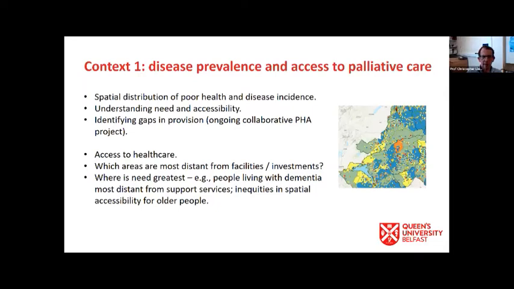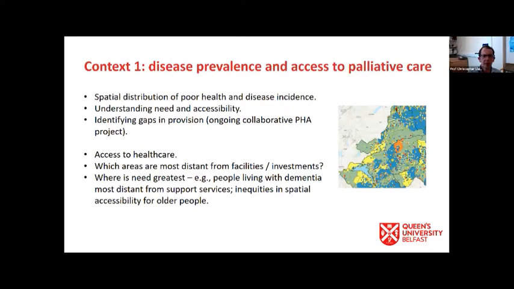So what we're interested in, first of all, is the spatial distribution of poor health. So in this particular case, where are people with particular health conditions? Are they geographically concentrated in particular areas? Are rates changing across time? As it was outlined in the introduction, I'm particularly interested in change through time. So it might be that rates of a particular condition are increasing, or, as I'll go on to discuss later on, the characteristics of the population more generally are changing. So you might have an aging population in an area which will be associated with particular needs. So the spatial distribution, the geography, if you like, of poor health is a key focus.